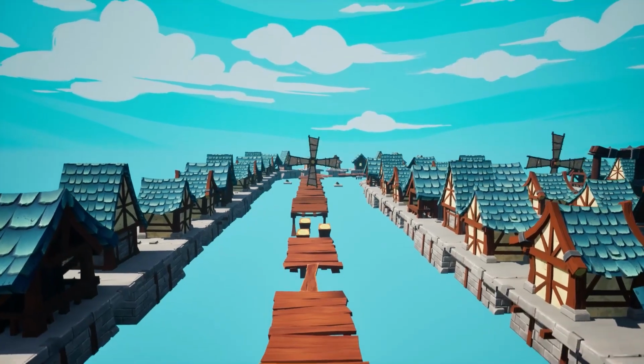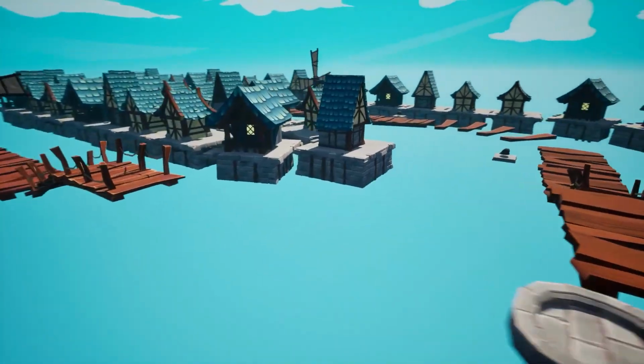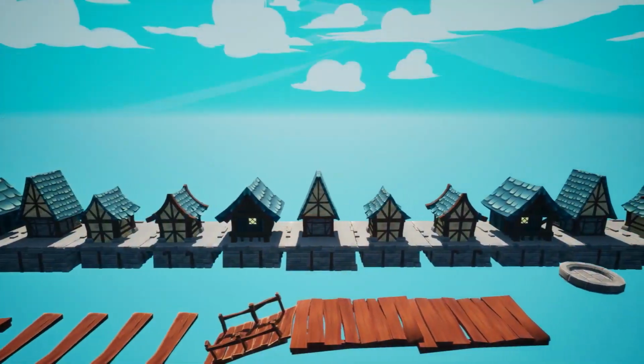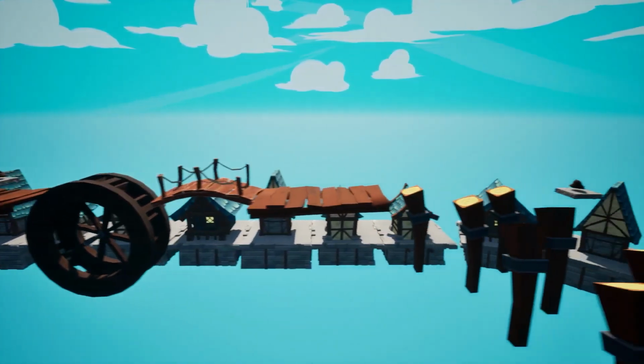Hey guys, welcome back to a new video, and today we are going to create a game like this in Unreal Engine from start to end. This is going to be a 3D platformer game where you have to go through various different obstacles to reach your final destination. This is going to be a really fun game, and you'll learn a lot through this